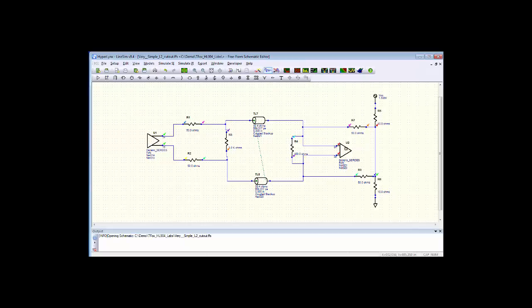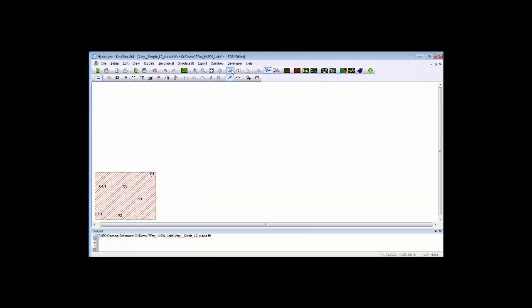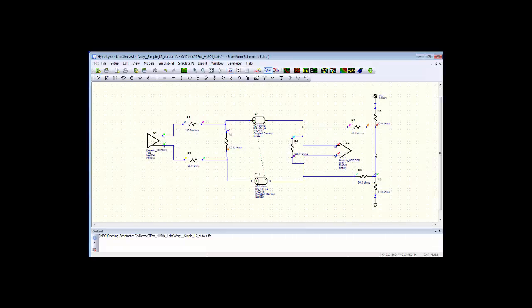I'm looking at the schematic portion of this design, and that is the actual board itself. But let's go back to the schematic itself. Now, what I've done is I've taken the generic SERDES driver, I've taken a generic SERDES receiver,